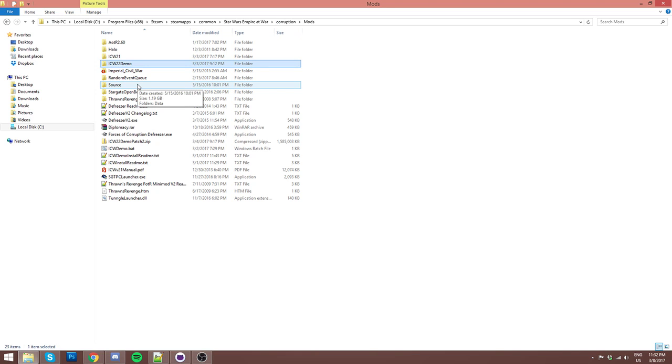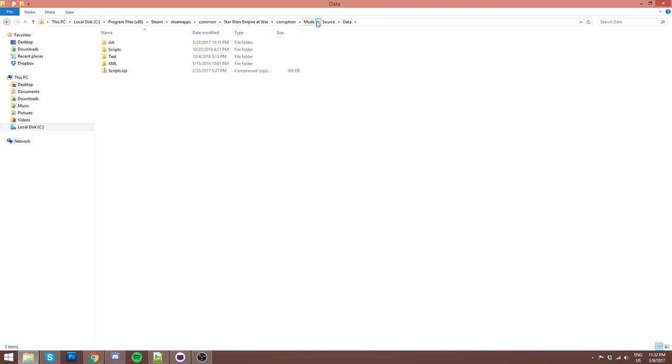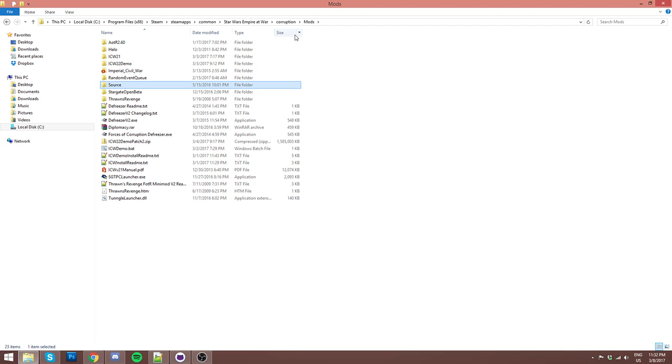Then you're going to want to make sure you end up with source data. But it's essentially the same. You're essentially making a new mod on your own here. So all this applies to any mods that already exist. So if you want to add it to Imperial Civil War or any other mod, you can do these same steps. It's essentially just to give you an idea of what all the different lines do and the basic structure